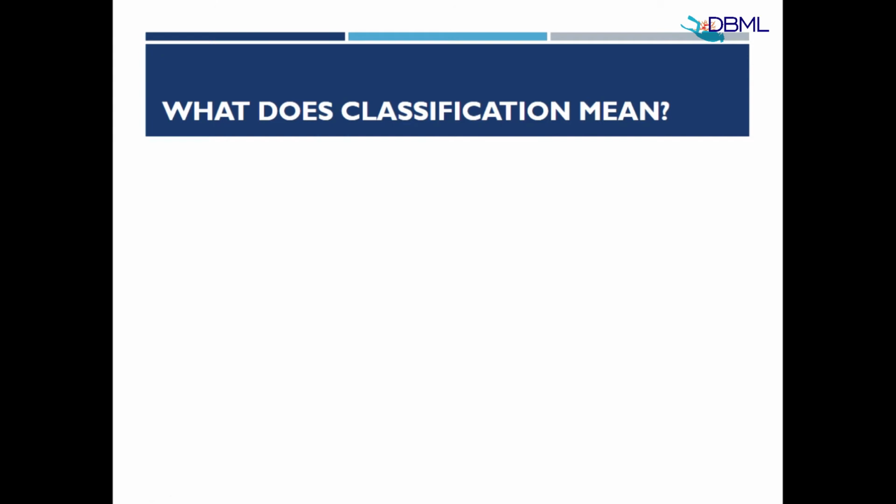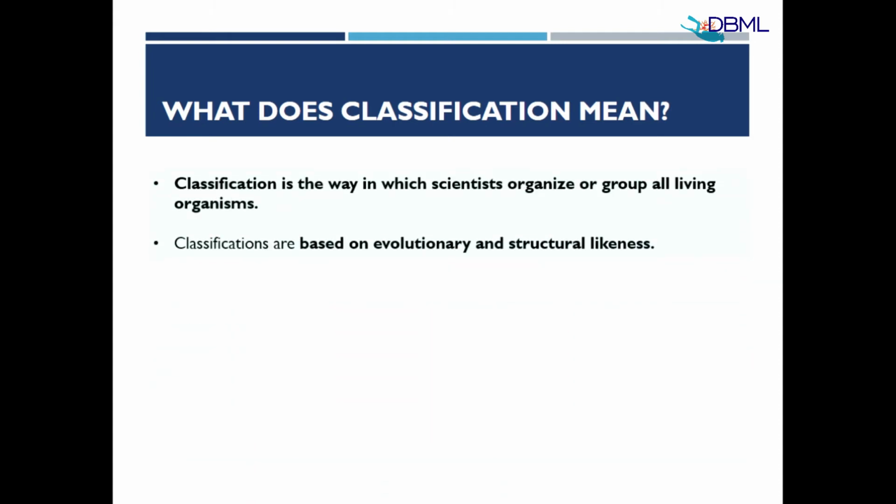What does classification mean? To put it simply, classification is just the organization of all living organisms. And modern classification is done based off evolutionary and structural likeness. So scientists use the sequencing of the deoxyribonucleic acid, DNA, for modern classification, compared to the old days when simple classification used